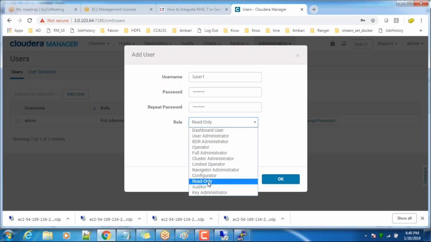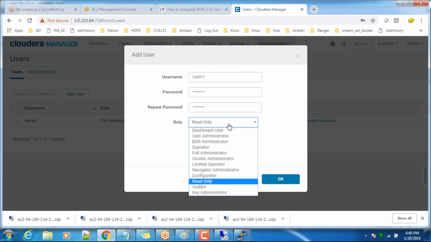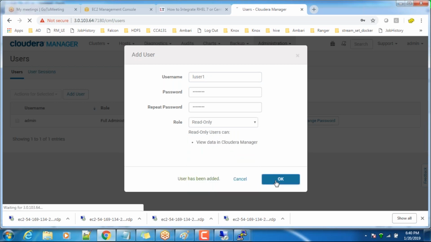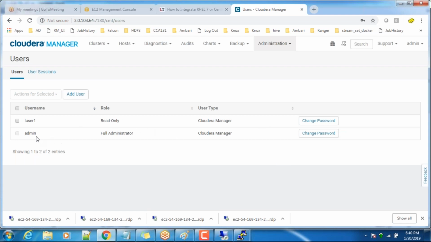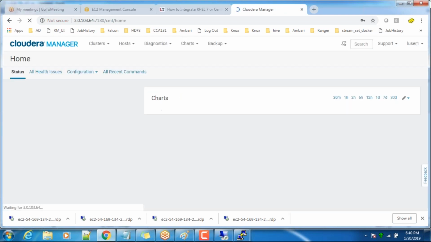And these are the different roles. Read-only user means this user would be just able to read all the things. Okay, so let's see that. So luser1, and what this permission looks like. And we have dashboard administrator, BDR administrator, full administrator, cluster administrator. These are the different roles, right? So this user is having that, and also you can see the user type is Cloudera Manager, that is local in nature. And just log out and log in, and once you type the password, you'd be able